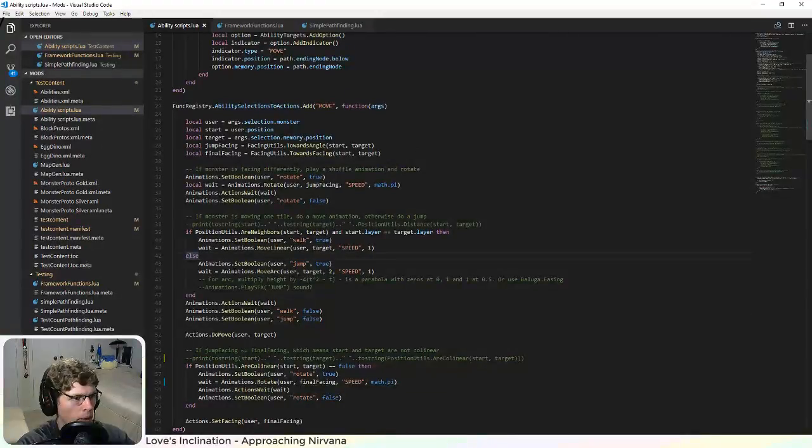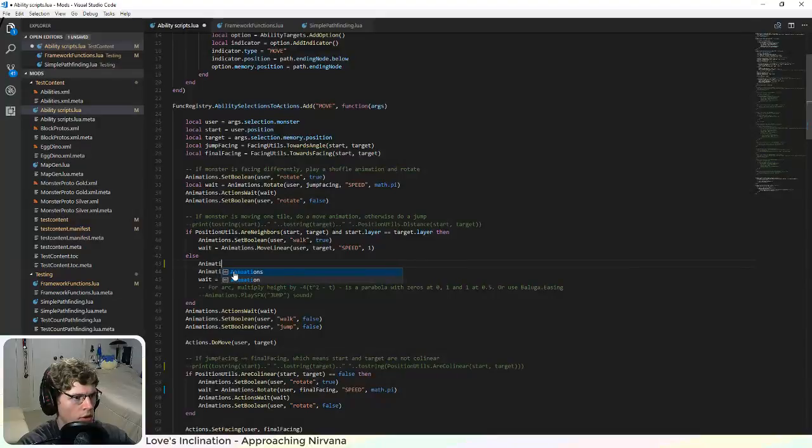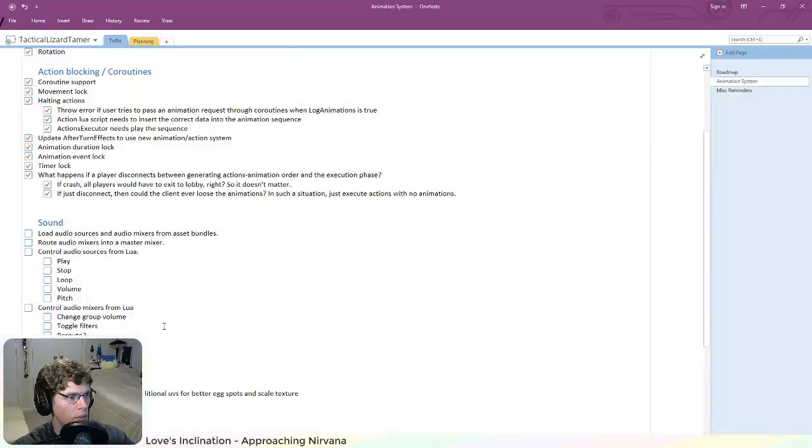So let's do animations, play sound effect. So how would I reference this animation? It would be an animation attached to this model. I guess that's the way to do it. Because there could be a global animation as well, that would be part of the UI. I should probably, yeah,